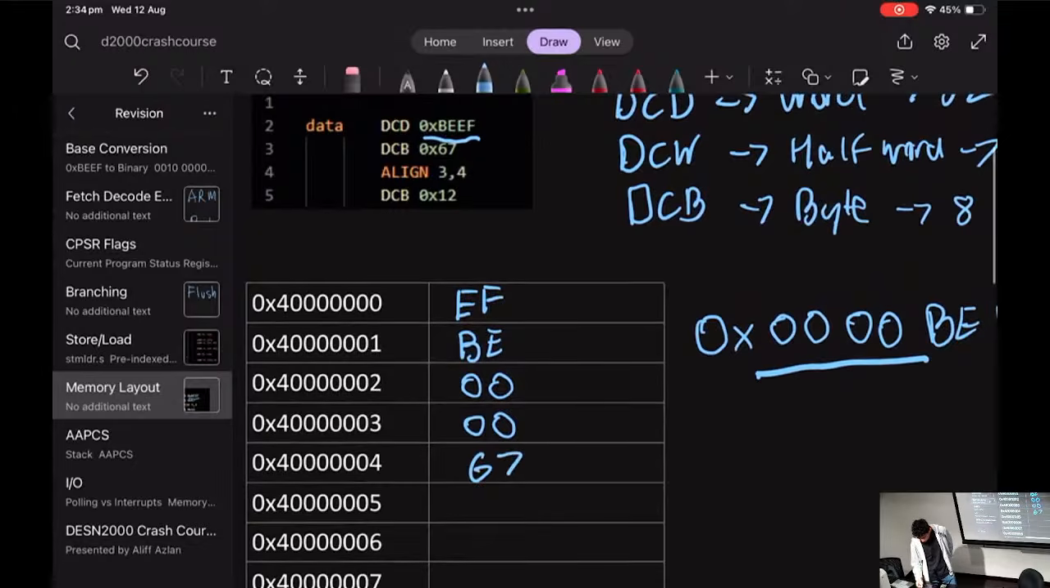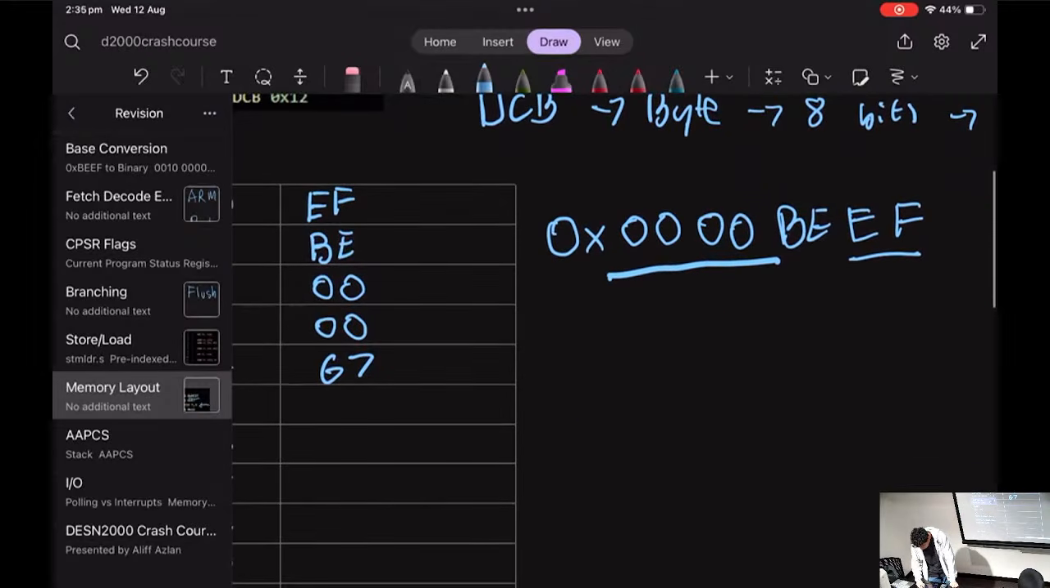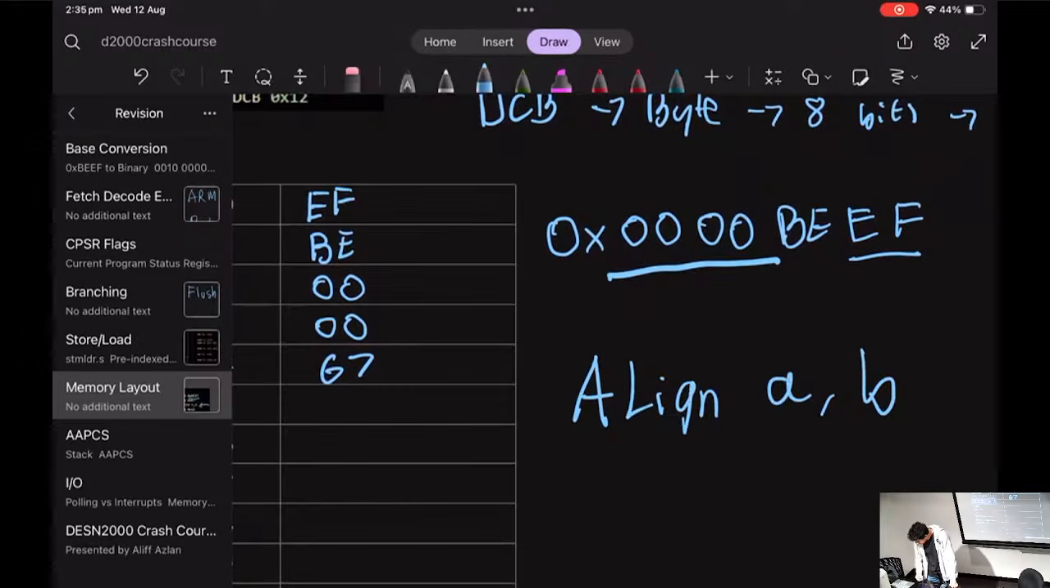Now, the next step is this align function there. What does align do? It's self-explanatory. It aligns with the given boundary with an offset. So it would look something like this. Let's say we had align A, B, right? What that does, it finds an address that's